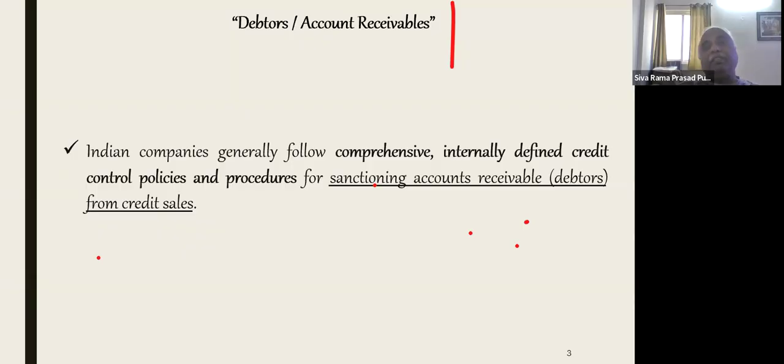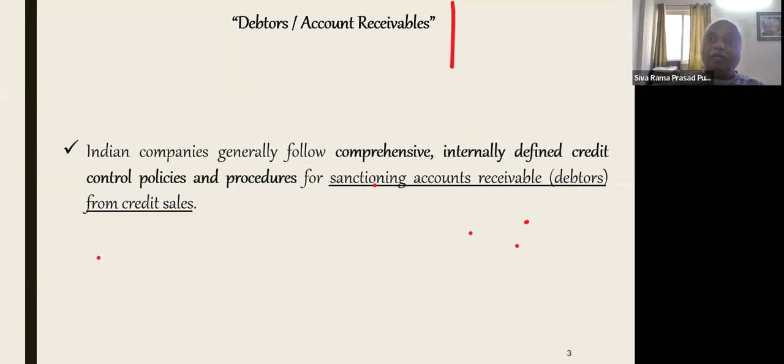Okay, the company is ready to give the credit. But then the corporate debtor, the company, will ask Amazon, okay sir, I will provide 10 crores worth of stocks to you, and please give a bill of exchange. No, I don't give any bill of exchange. But I will acknowledge the goods, and that is proof that I have taken the goods from you. So based on the reputation of Amazon, the company waived the bill of exchange.